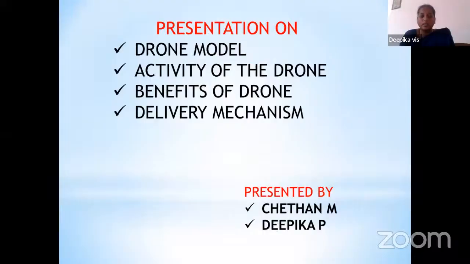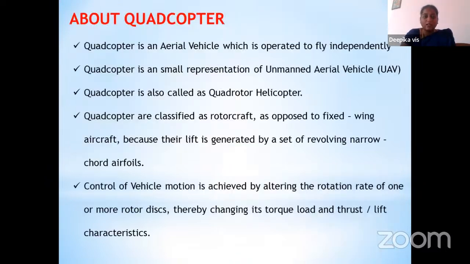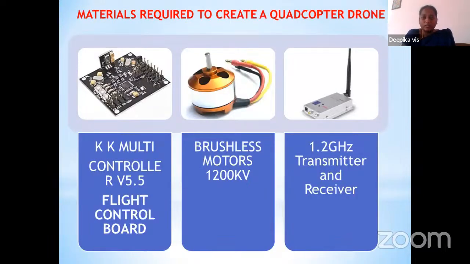Presentation on drone model, activity of the drone, benefits of drone, delivery mechanism, presented by Chetan and me, sir. So a drone like this has multiple cameras and multiple wings. And then about the quadcopter. A quadcopter is an aerial vehicle which operates by four flying units independently. It is an unmanned aerial vehicle. It is also called a quadcopter helicopter. It has fixed wings because their lift is generated by the